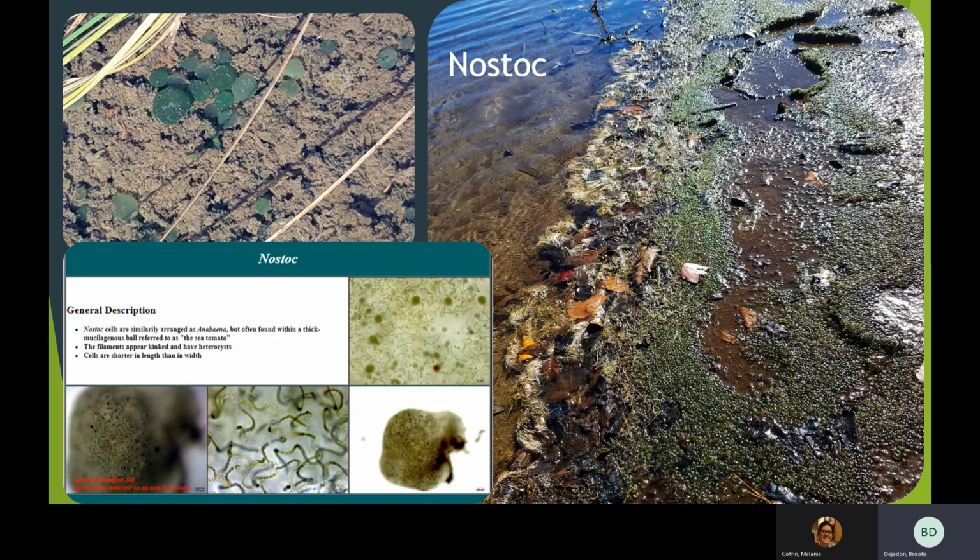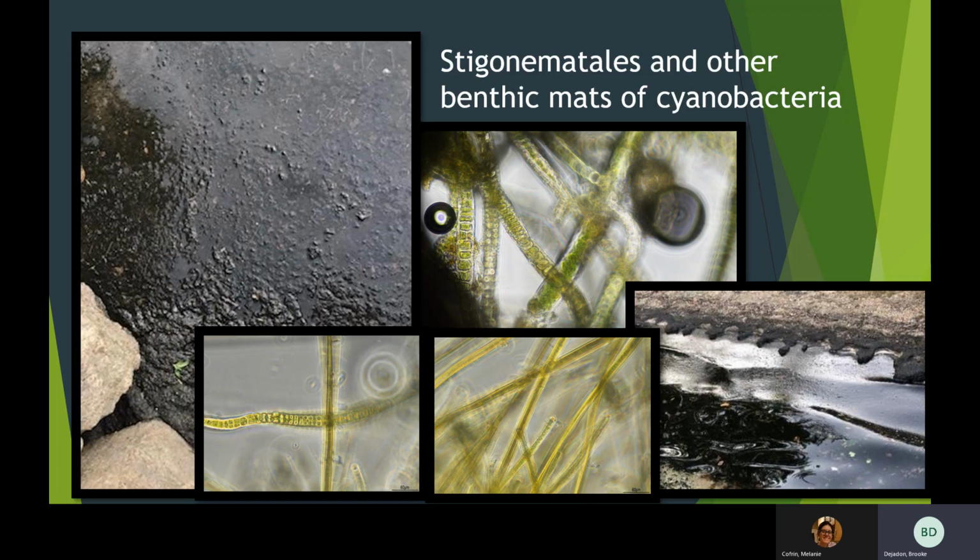So they don't always look like blue-green scums though, and that's sort of what we're finding in New Hampshire, is that we're finding new things all the time because we're getting more reports. And so another really common one in Lake Winnipesaukee, or we've seen in Spofford Lake as well, some of our biggest, deepest, clean water lakes really have these dark benthic mats of cyanobacteria that we don't know like how long